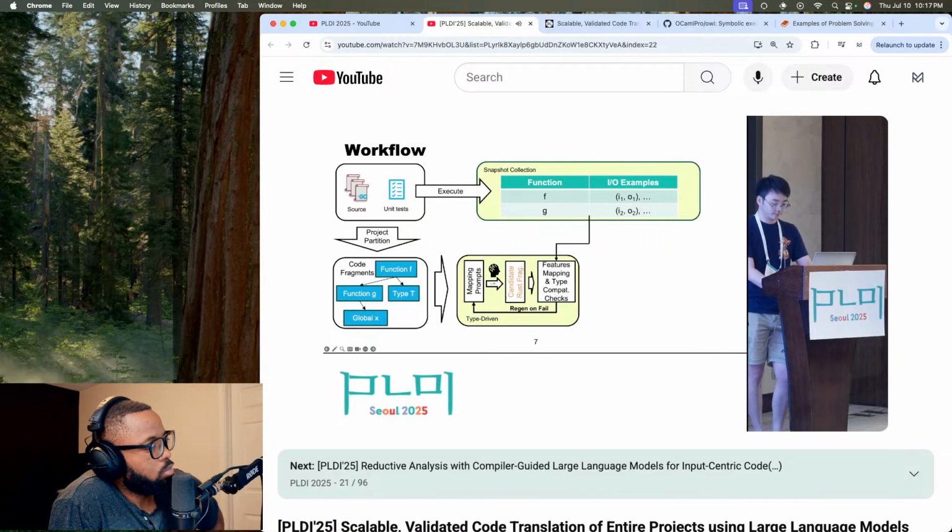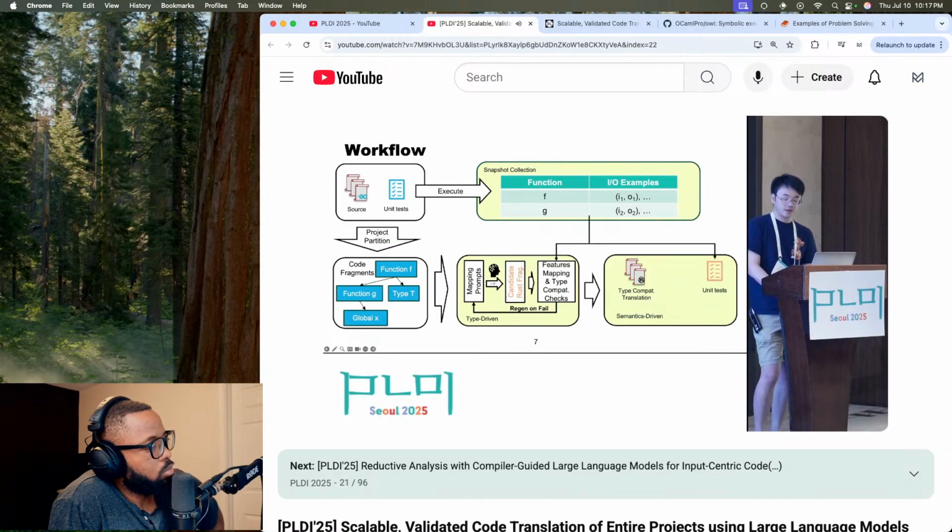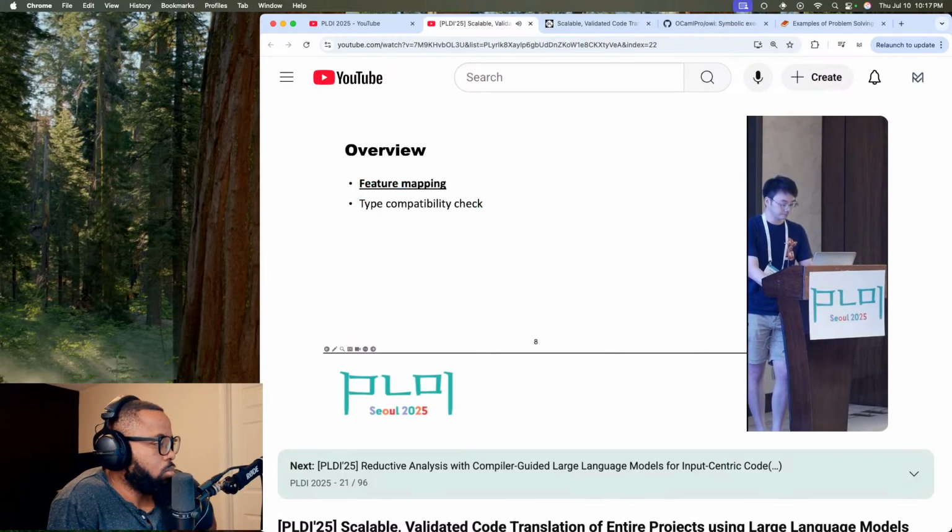We run the oracle constructed for all functions. If any of the tests fail, we regenerate a new translation with the signature frozen. Again, we set a budget to prevent infinite loops. After all functions are refined, we combine all the code fragments into an entire project as the translation of the original project. Now we go into details of our two techniques.